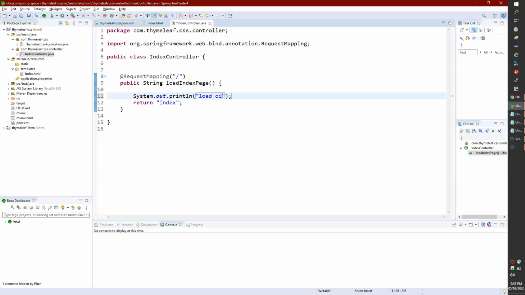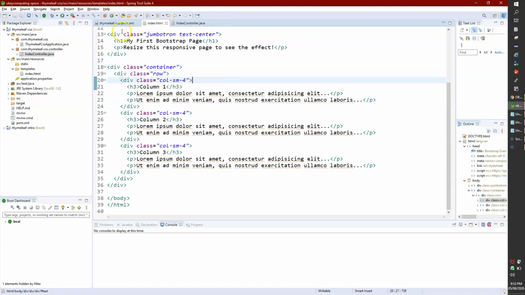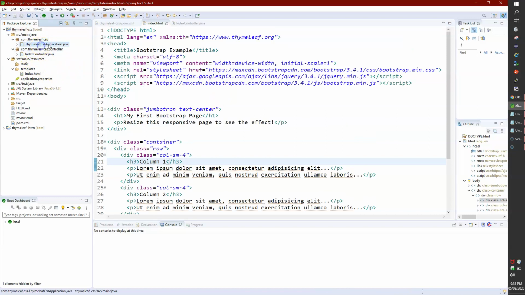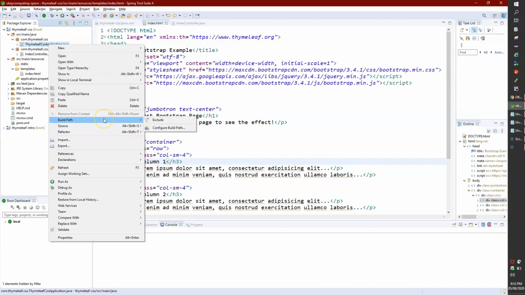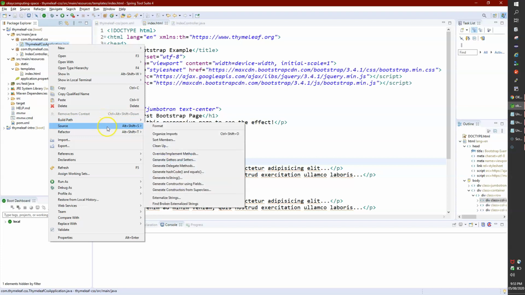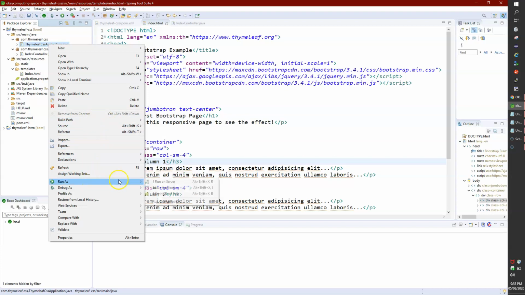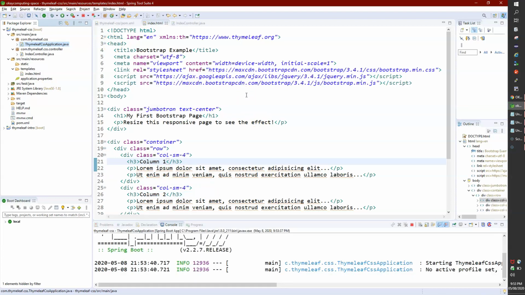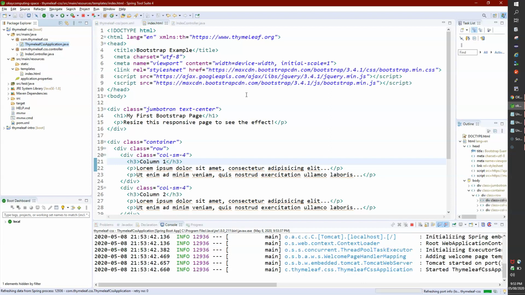So load index page. Okay, now what I'm trying to say is, this is a Java-based application, a Spring Boot application, but it's completely an HTML page, right? That is what we want to see: how can we make use of an HTML page in the Java application. So I'll run this application, and then let's see how it looks. Then we'll go into more detail.